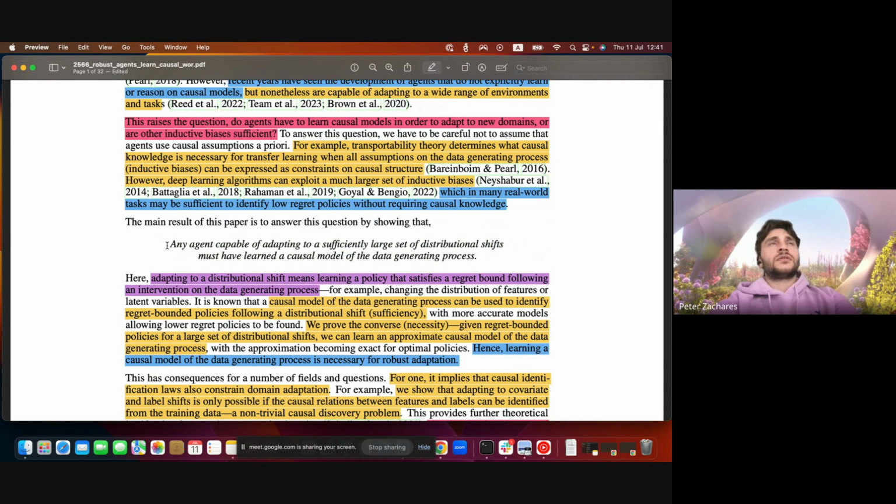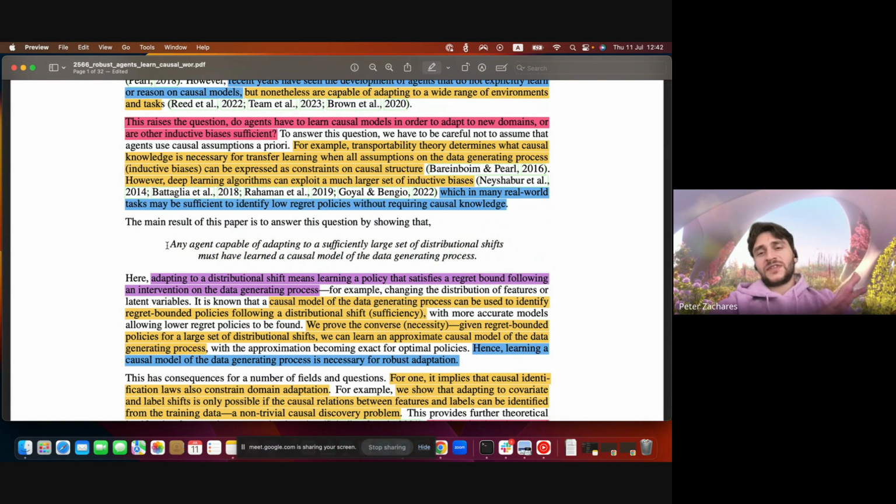So there's a lot of terminology in here, but basically, say you have a model that interacts with the world in some way. It could be as simple as feeding in an image and it classifies whether it's a cat or a dog. And then you perform distribution shifts, like maybe you change the color scale of the images. If the model is still able to tell you whether it's a cat or a dog,